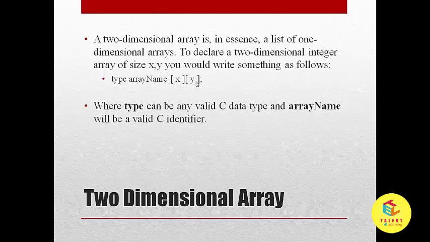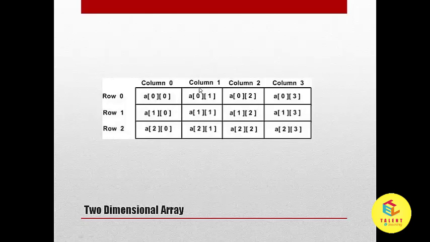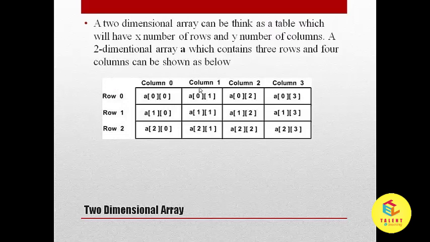where type can be any valid C data type and array name will be valid C identifier. First square bracket in the two-dimensional array is row and second is the column. Now let's see how to store the elements in two-dimensional array. A two-dimensional array can be thought of as a table which will have x number of rows and y number of